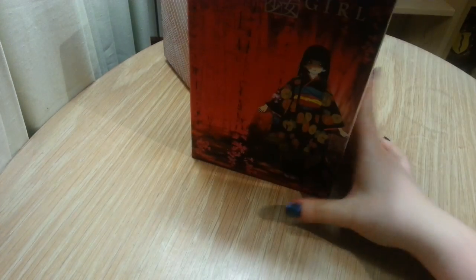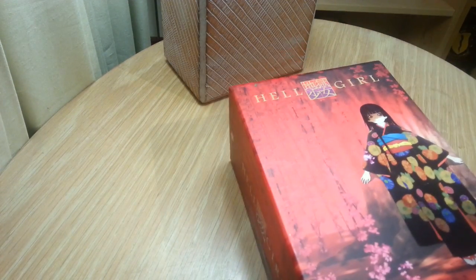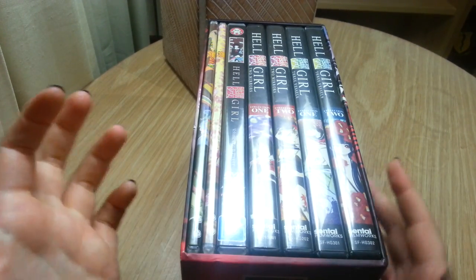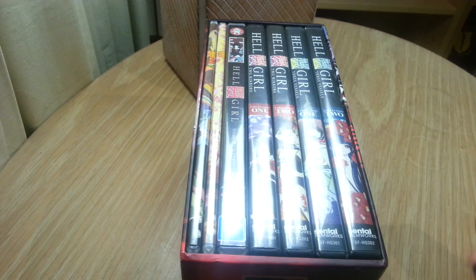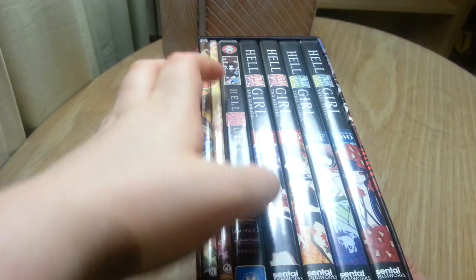And this is the Australian box set of Hellgirl. This is the first season, the box that it came with in Australia. It's very nice. I actually like it a lot more than the US release. As you can see, it's got a whole bunch of different releases in here. First off, we've got the original release of Hellgirl that I got from the US. Well, I got it at a store here, but it was the US import of the thin pack of Season 1. It was one of the first anime I ever bought. And then this one is Volume 1 of the first season, the Australian release. It's actually got...